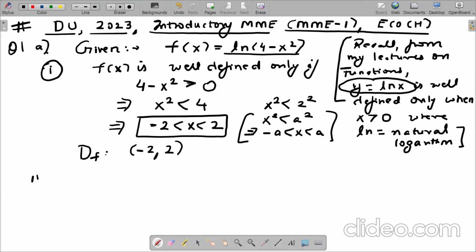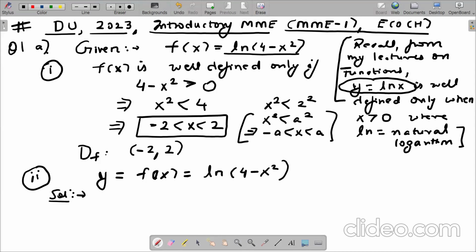Okay, then let's look at asymptotes. So we are given that y is equal to f of x is equal to ln of 4 minus x square. Now there are 3 asymptotes I have covered in my lectures. One is called the horizontal asymptote, then we have the vertical asymptote, and then we have the oblique asymptote. If you look at this particular function, you can clearly see that it has no horizontal and no oblique asymptote, because even if you plot a graph of this function,